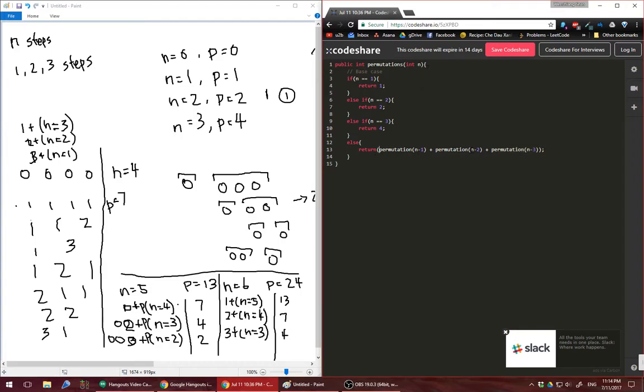So popping off the call stack, this will be 4 plus 2 plus 1, which is equal to 7, which is what we want. Now, let me try that with a 5 case. So if the example is a 5,